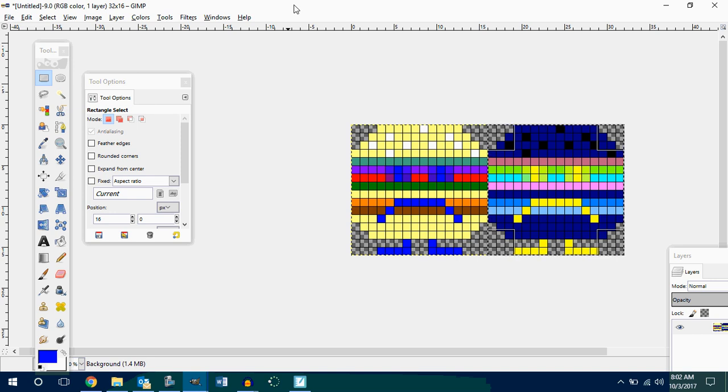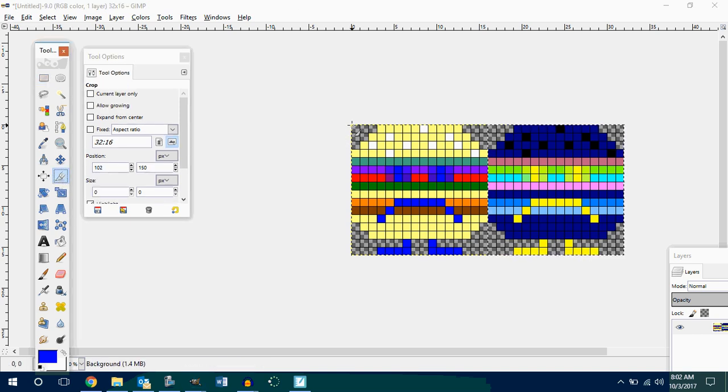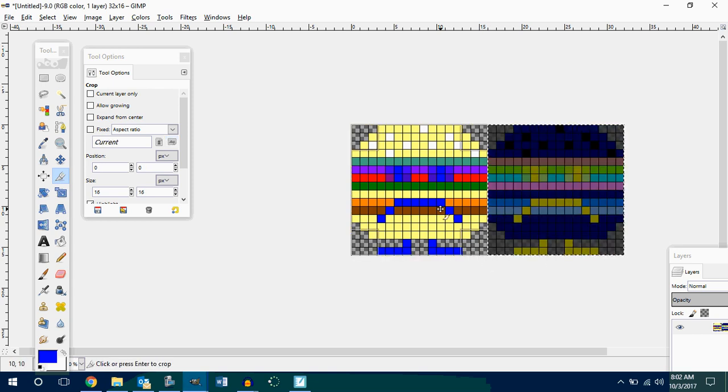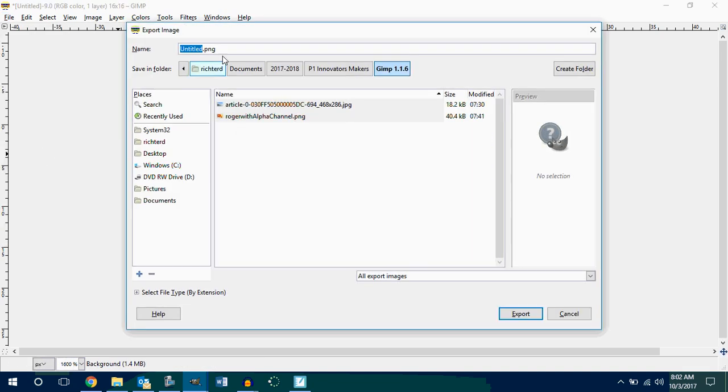Okay, who knows how to create an image now? Okay. Now let's say I wanted to save these as separate images. Okay, watch this. I'm going to use my crop tool. I got 5 minutes left. I'm going to go here, and I'm going to go to the right, drag that guy to the right, and I'm going to crop, and I'm going to go File, Export as